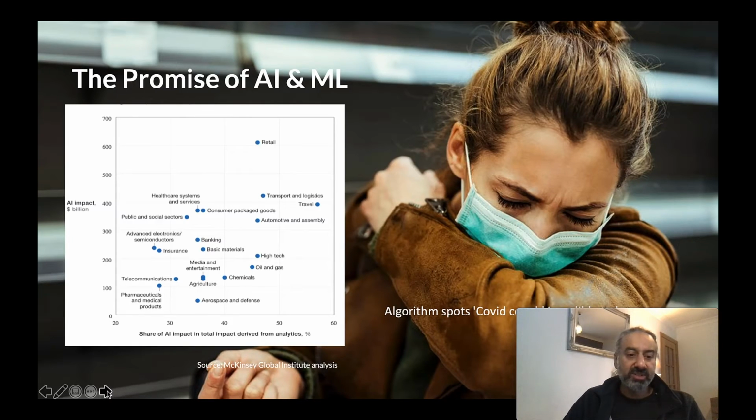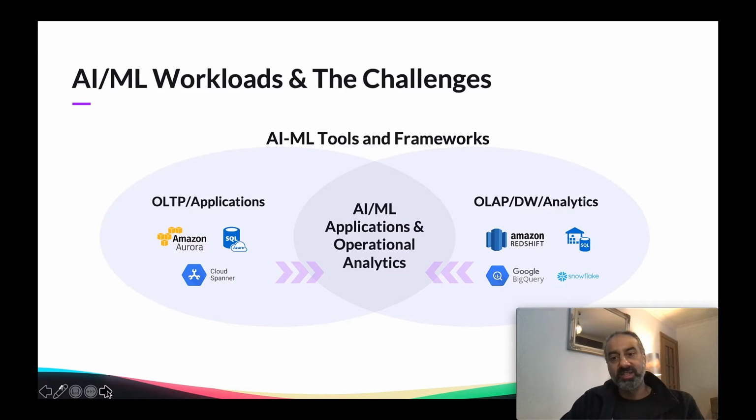I'm going to move on now to dip into a bit more of the detail of the data. It's interesting. Machine learning workloads and some of the challenges around the end-to-end life cycle. If we look at the end-to-end life cycle, it includes not just training a model, testing a model, but also the execution of a model itself. And if you have a look at the different tools, different databases that are available for data scientists to use, it really kind of splits down into these two kind of groups that I'm sharing with you on the diagram.